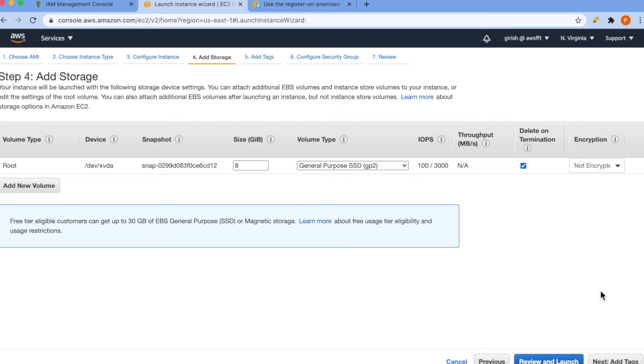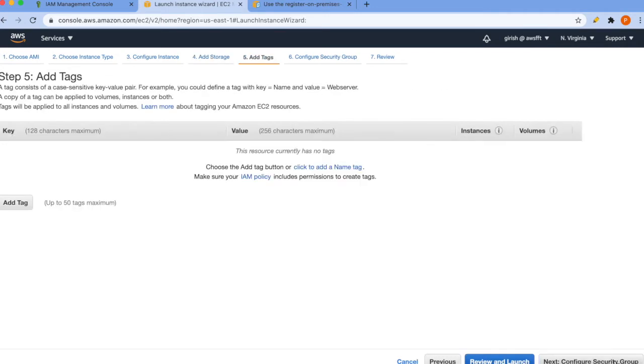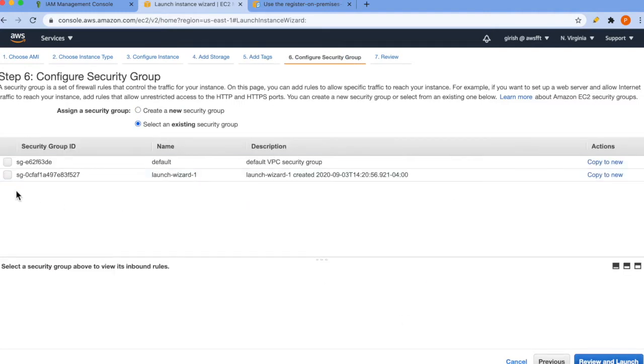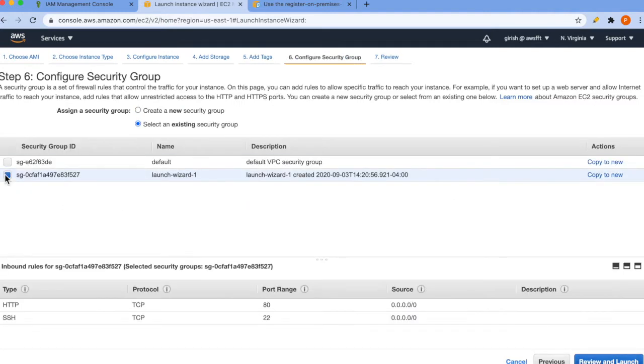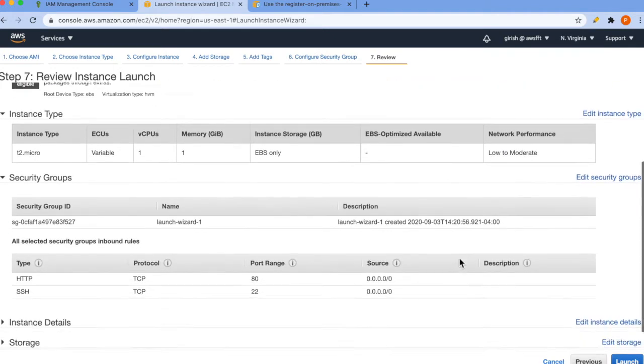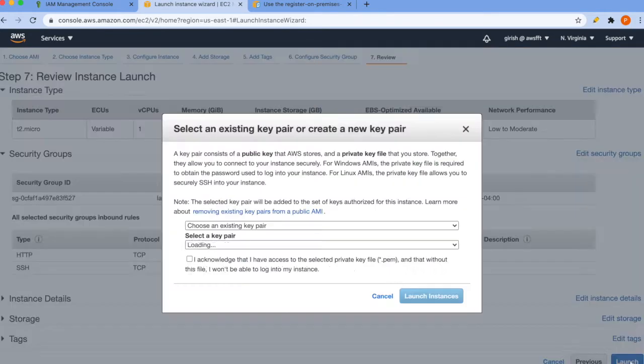Just go next, keep storage as is, default, no tags needed. Here, just make sure that you have SSH port 22 open. That's it. Then review it once, and if everything is looking as expected, launch it. Choose key.